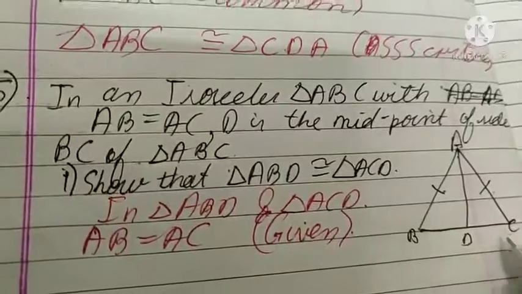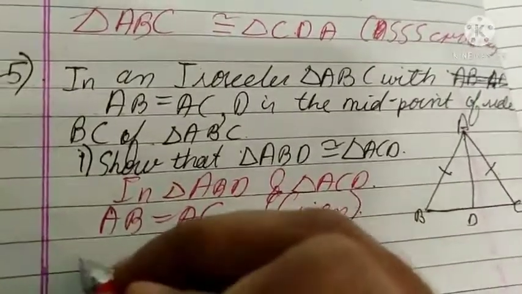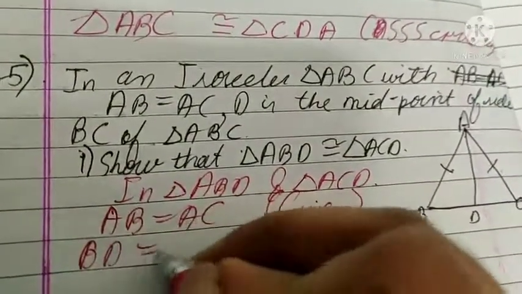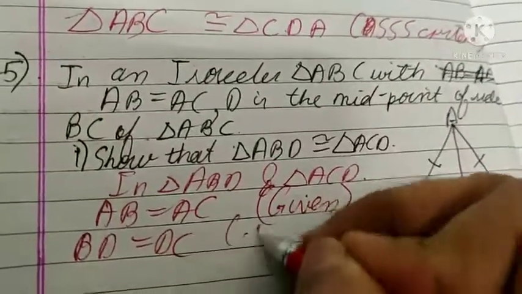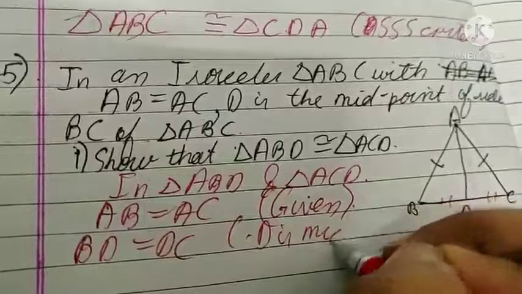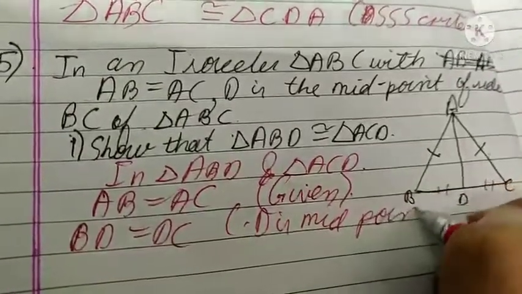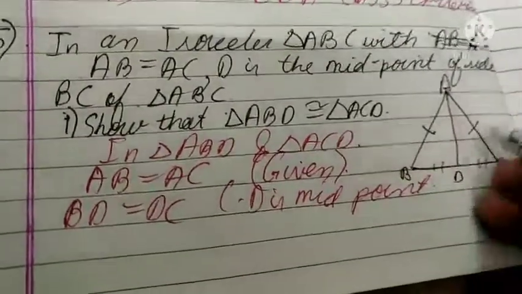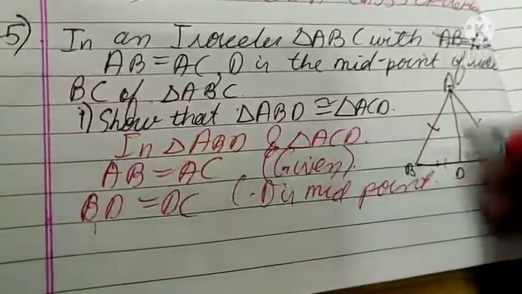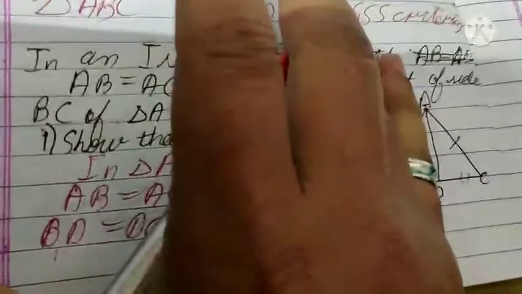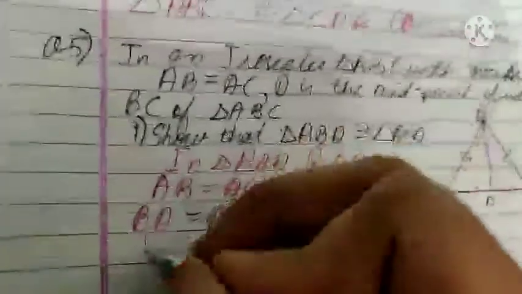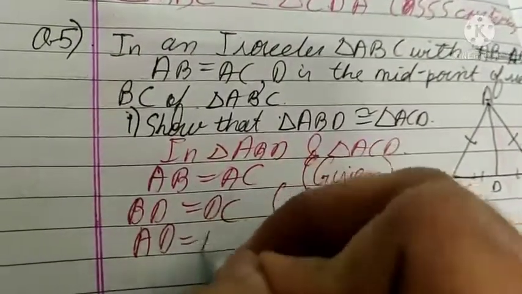That means this BD will be equal to DC, as D is the midpoint, and then this AD and AD is in both the triangles. Okay, so AD equals AD